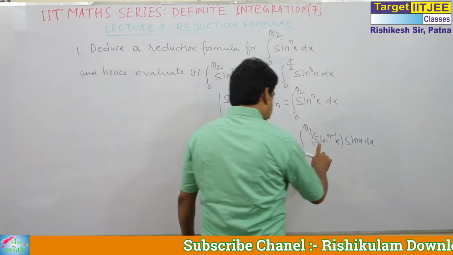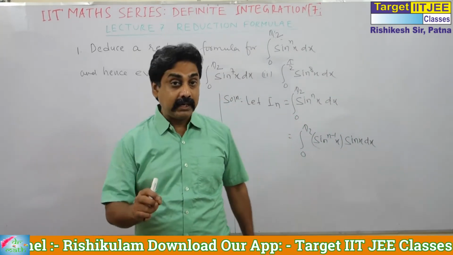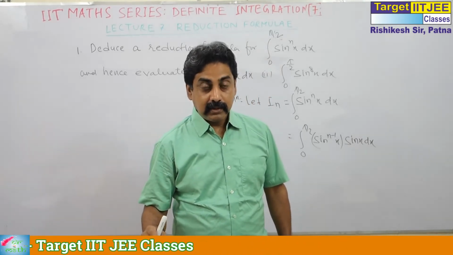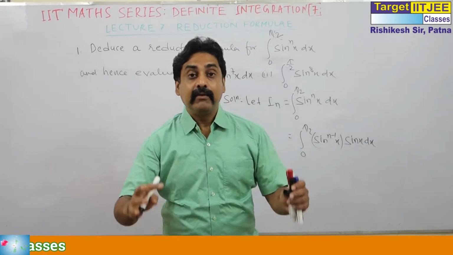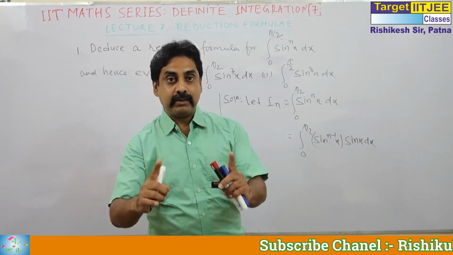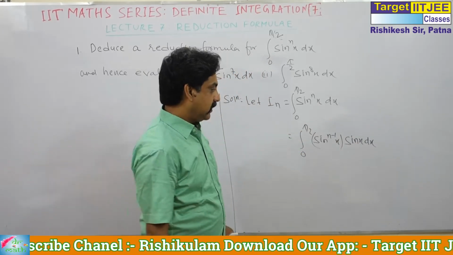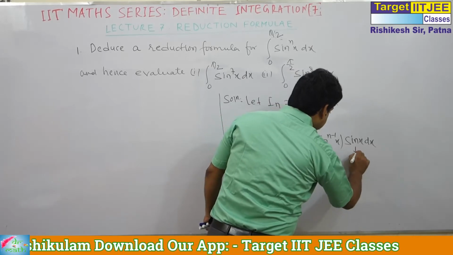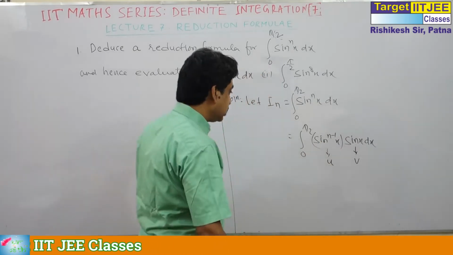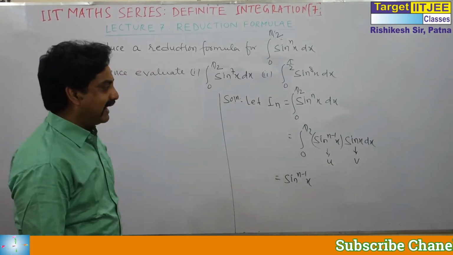Now, we break it into two parts, and in almost all reduction formulae, you can say in all reduction formulae, we use integration by parts. So, to apply integration by parts, I have broken it into two parts. Now we take this as the first and this as the second function, because integration of sine x is much simpler than that of sine to the power n minus 1 x. So this is first function times integration of second function,